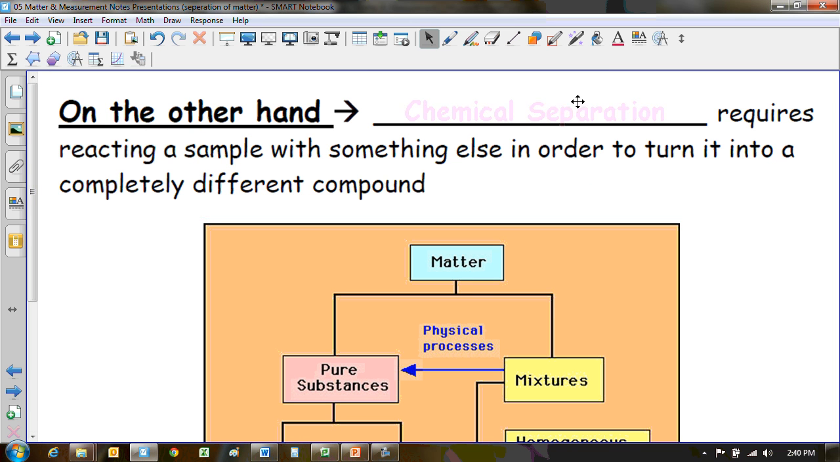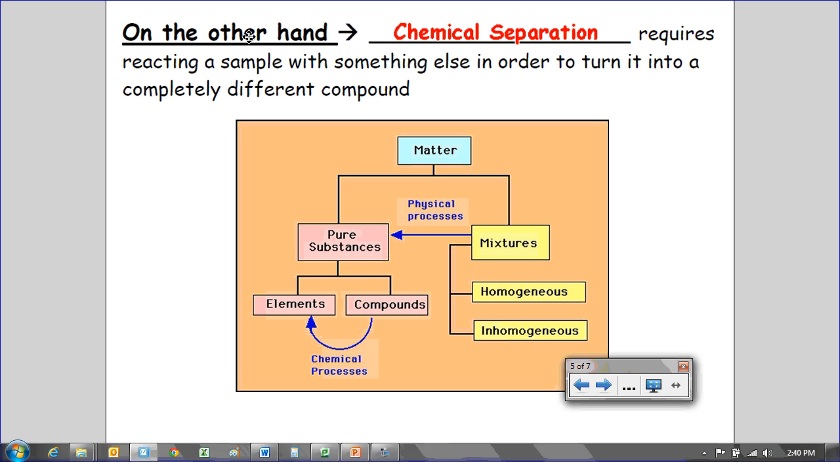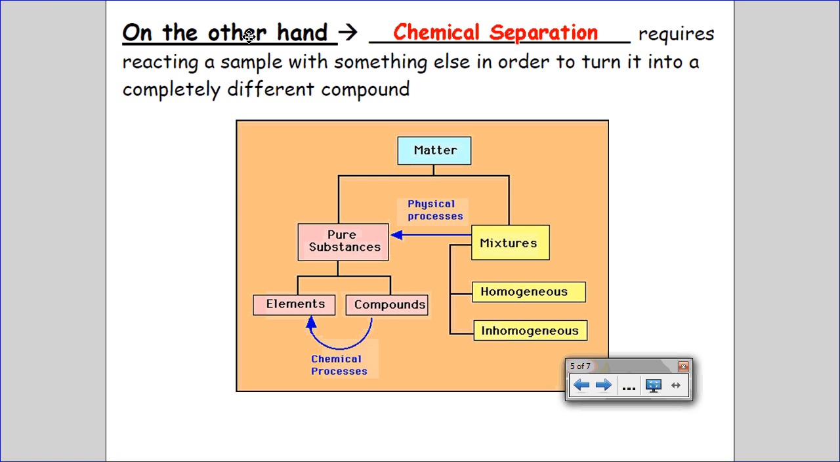On the other hand, chemical separation requires reacting a sample with something else in order to turn into a completely different compound. Okay? So of all the stuff that exists, matter, there are pure substances and mixtures. Mixtures can be separated by physical processes into pure substances. So you got a mixture of all this stuff. It can be separated into, well, piles of just the red ones and just the green ones by physical separation